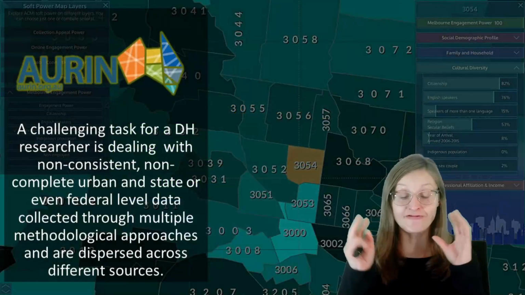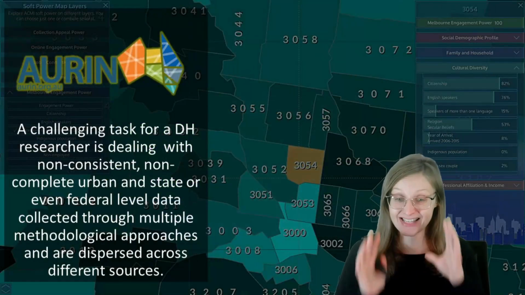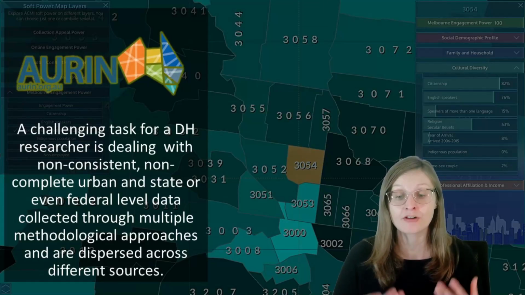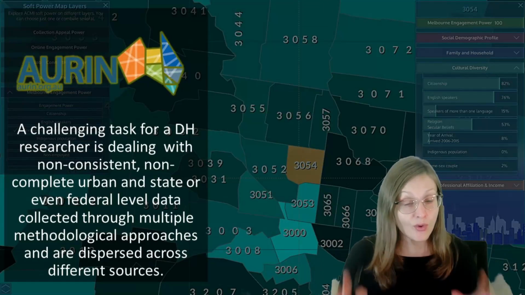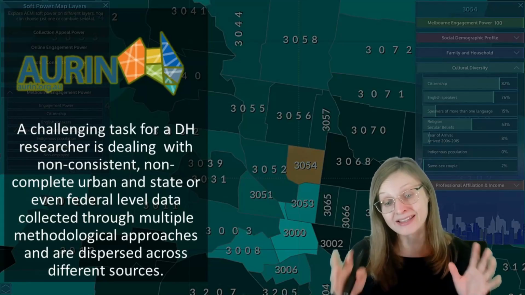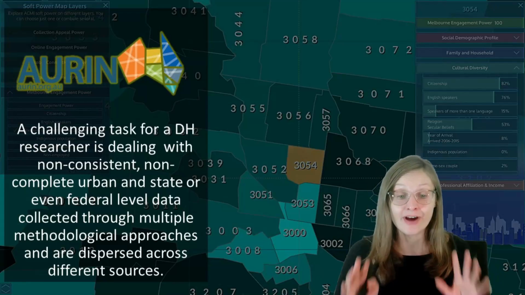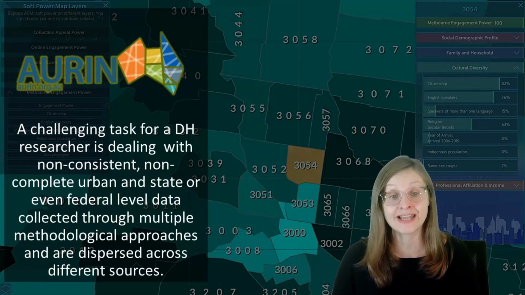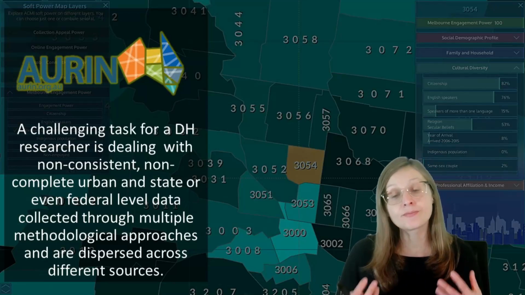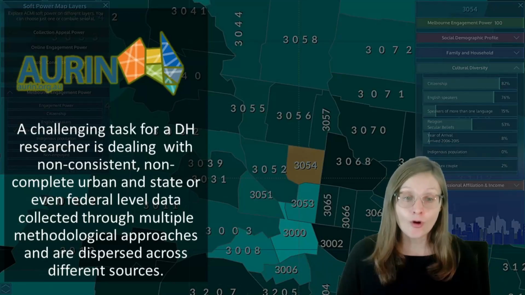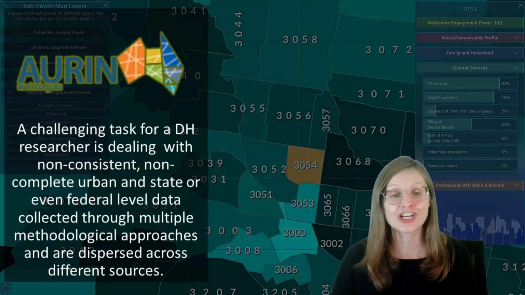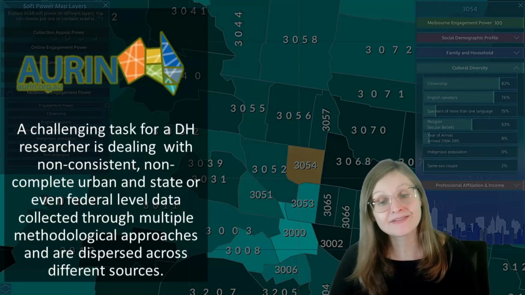However, applying finer-grained data with such a level of demographic detail for calculating local engagement power across 200 neighborhoods in Melbourne is not an easy task. It required an aggregation of reliable and consistent census data provided to the project by the Australian Urban Research Infrastructure Network. AURIN supported the project through data access and focused consultations on the intricacies of statistical geographic hierarchies, naming conventions,